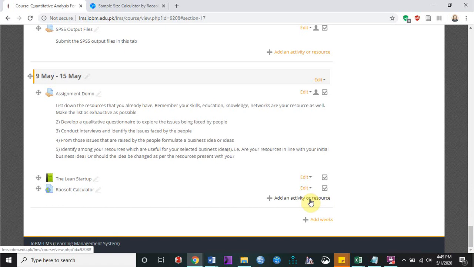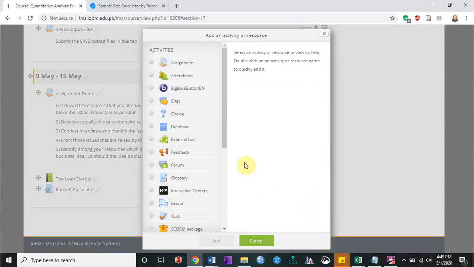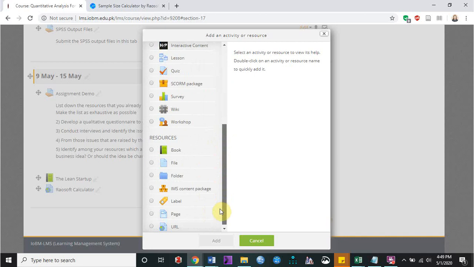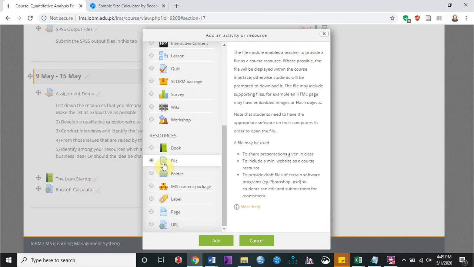If you want to add a picture, file, add option.